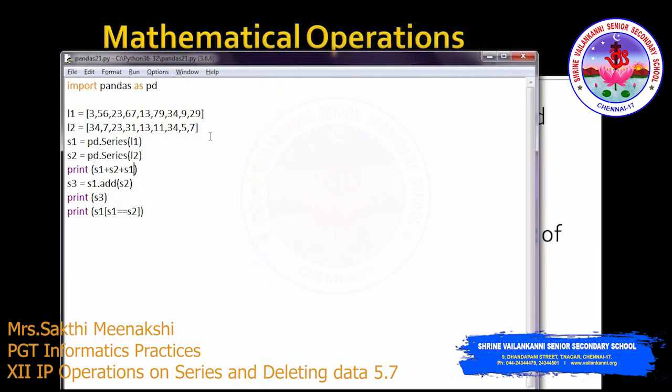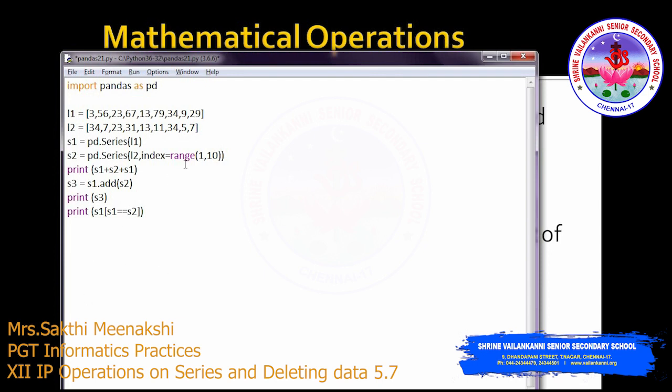Now I am going to change the index. So for L1 by default we have the index 0 to 9. Now here I am going to change the index. So index equals to, I am going to use the range function, 1 to 10. Right, so what I am going to do for L2, for the series S2, I am going to give the index as 1, 2, 3. So here the index is starting with 0, 1, 2, 3. For L2, the index is starting with 1, 2, 3, 4 and so on.